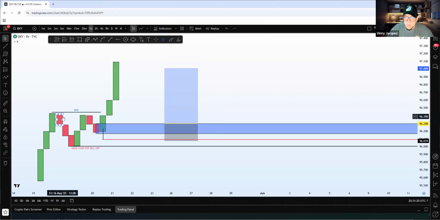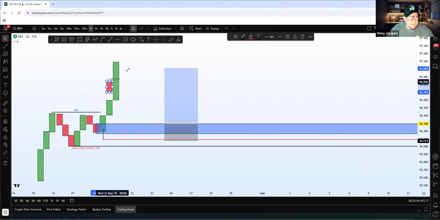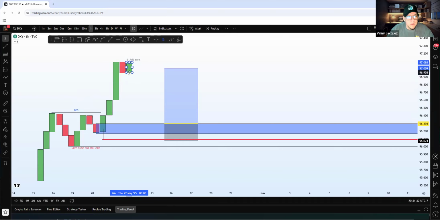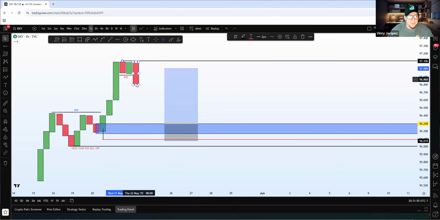So let's go ahead. What time is it right now? Okay. Let's say market is consolidating, right? Market's consolidating. It happens. Consolidation happens, right? Now let's just say we break structure to the downside. I mark up my BOS. This is my bearish BOS, and my change of direction line is right here.